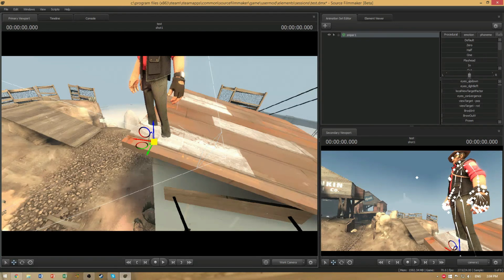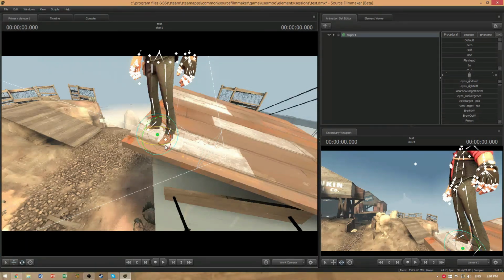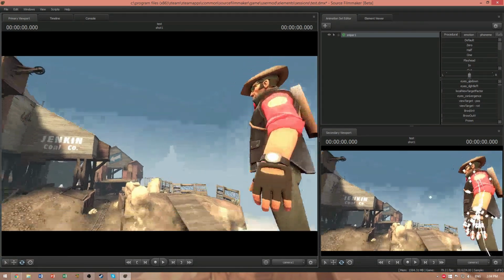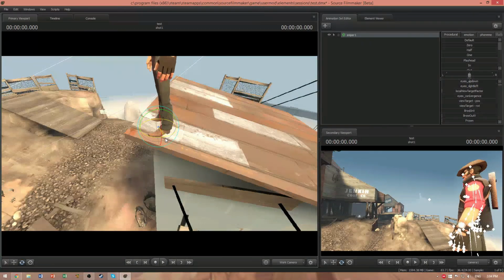So if we go back to our work camera, we'll press W, it'll come up with these arrows. If you grab the square, hold shift, it will automatically clip onto the ground, and you press E to rotate him, or the model. So we'll move the camera to where we want it, move the sniper the right way,